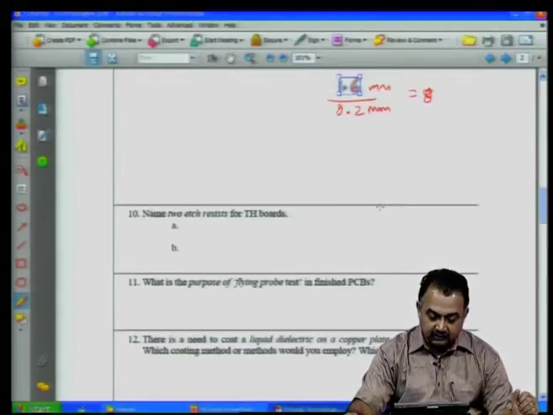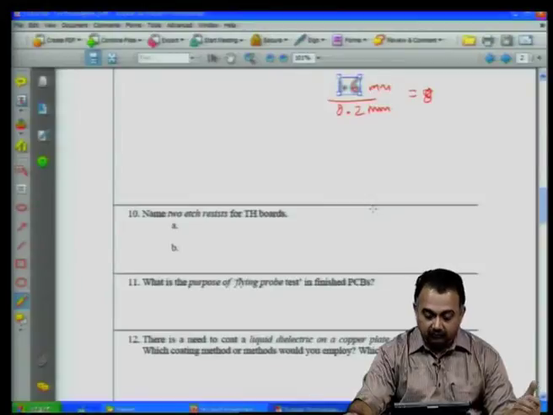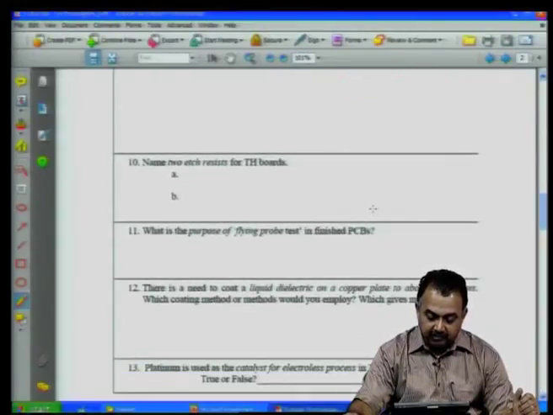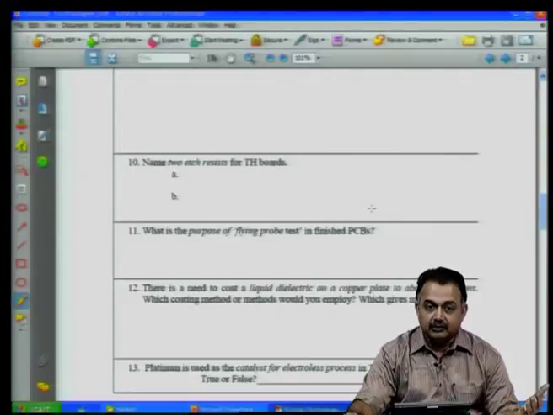Name 2 etch resists for through hole boards. One can be a metal resist like gold or nickel gold, the other can be your photoresist. What is the purpose of flying probe test in finished PCBs? It is basically to look at opens and shorts in your finished board, so that the information can be passed